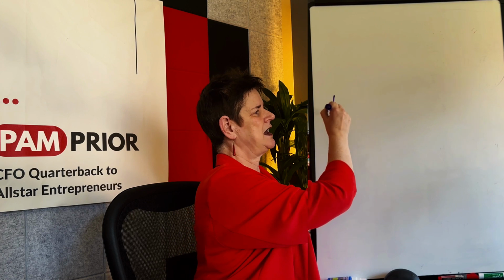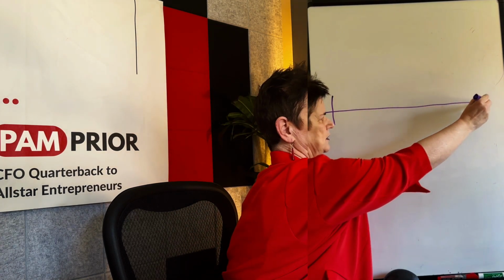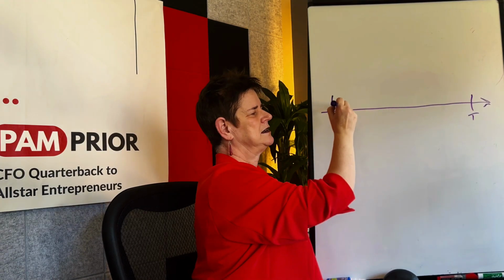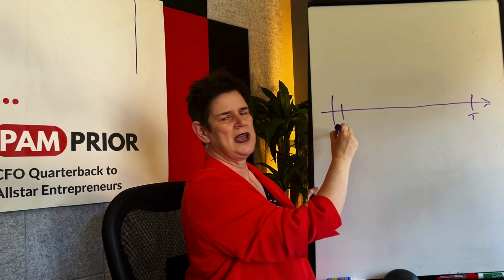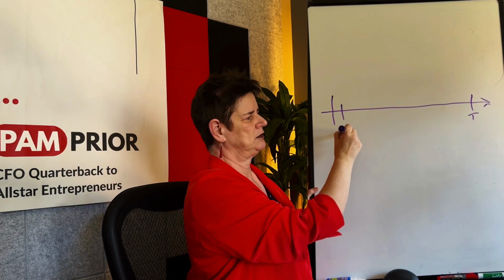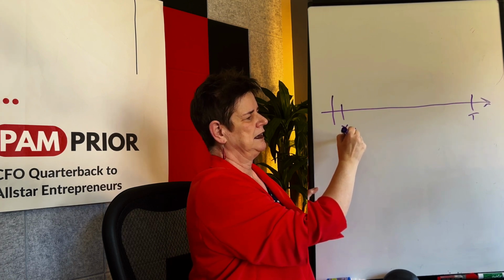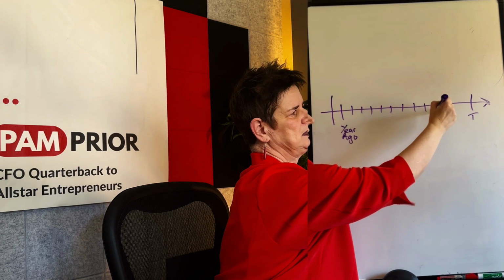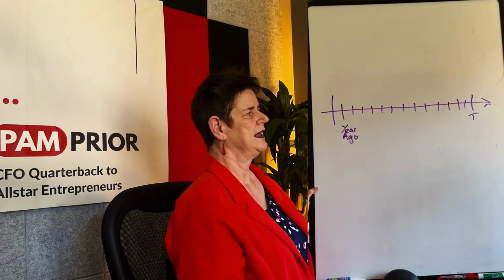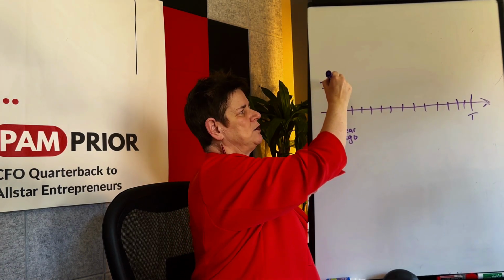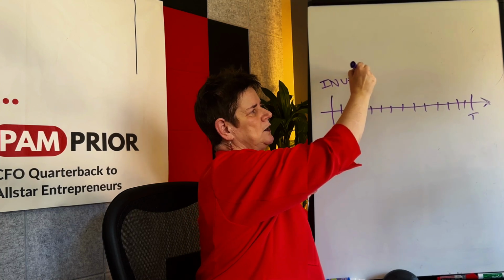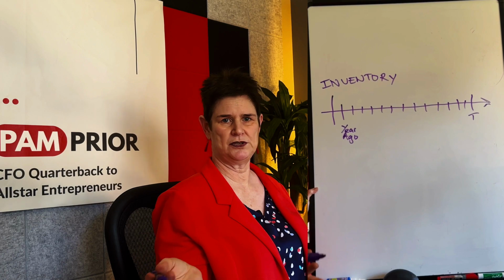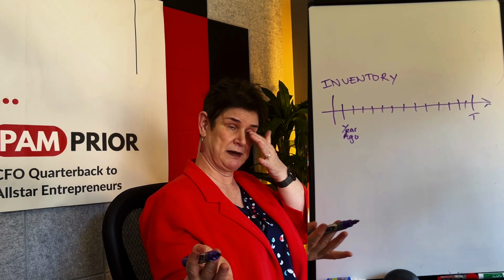Let's make this a timeline going straight across here, and this is today, T for today, and Y for way back a lot of years ago. So call it a year ago. And in between here we have a bunch of days, right? A lot more than I'm drawing, but let's just pretend it's this many. And let's say we're talking about your inventory, okay? You buy inventory to resell to people. It's what we do, right? That's how a lot of businesses make money.